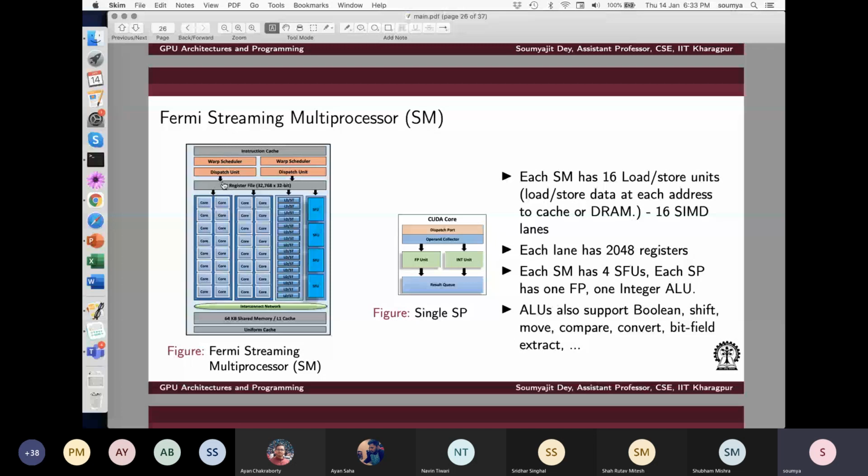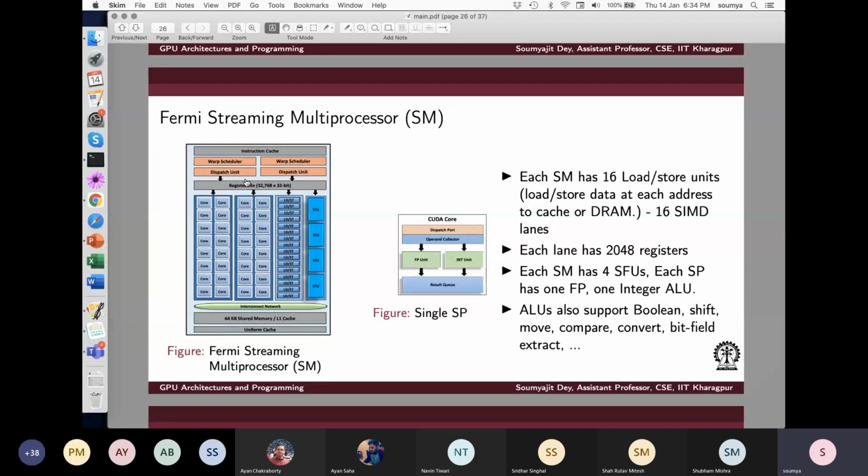If it exceeds that quota while executing a program, meaning there is high register pressure, then it will look into its quota of local memory in the global memory. What is common to everybody? The global memory part in the DRAM is common to everybody. So whatever update is happening there, every core can see.